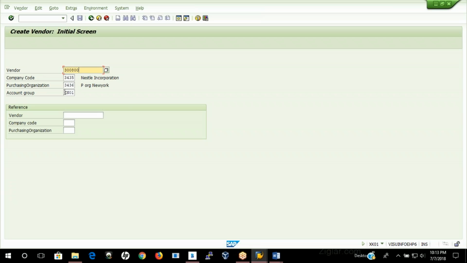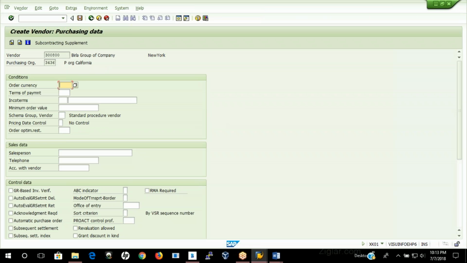You have to change the purchasing organization here to 3436 and use the same account group. But when we extend the vendor to another purchasing organization, only the purchasing data will have the impact. Maybe in that purchasing organization, the order currency may differ, or the terms of payment may differ, and the Incoterms may differ here,